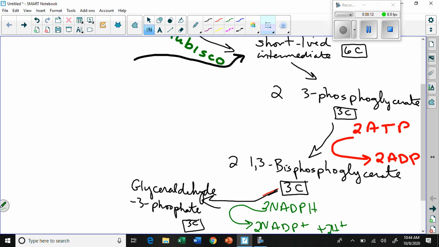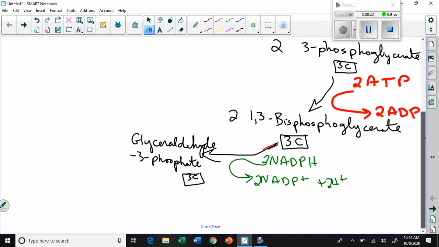Then, here's what's interesting. The glyceraldehyde 3-phosphate can follow 2 different paths at this point. And this is why you have to go around the cycle 3 times to make this happen. So you get this bisphosphoglycerate building up. 1 carbon goes through, builds it up. Another carbon goes through, another carbon goes through. After 3 carbons have gone through, you end up with lots of this glyceraldehyde 3-phosphate. You end up with 6 of them. And out of the 6, 1 of them